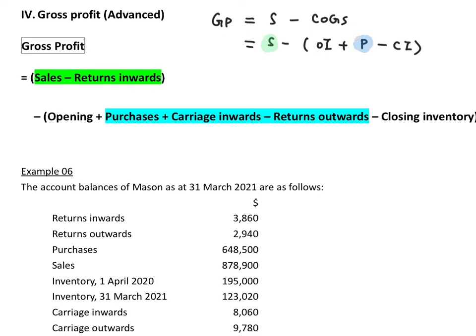So let's take a look. What are the new items that we added? For the sales, we include a new one. We call it return inwards. Return inwards in Chinese we call 銷貨退回. It means that for the